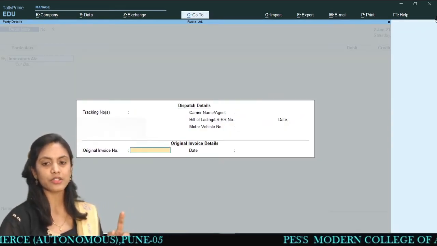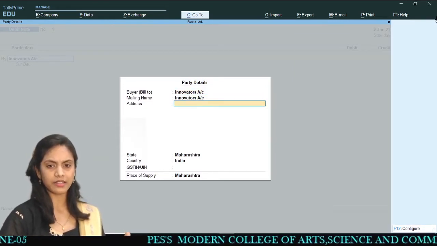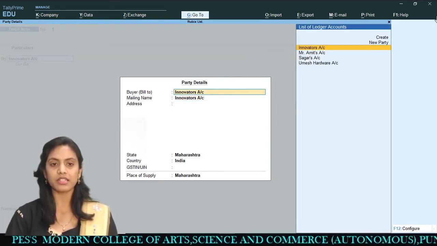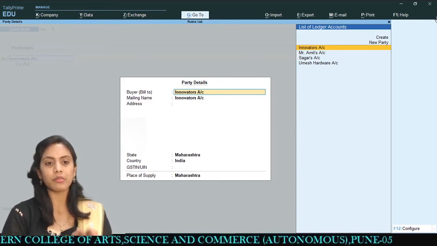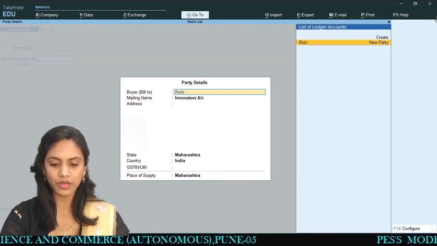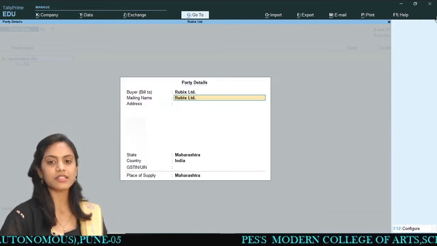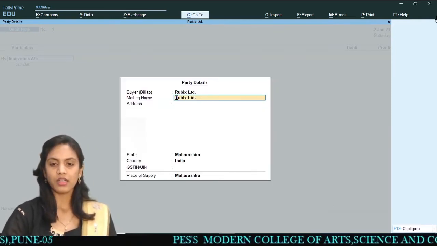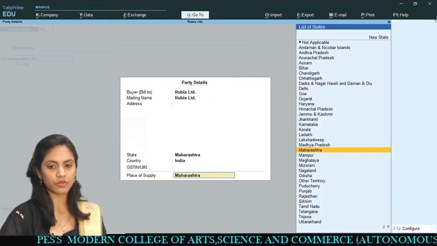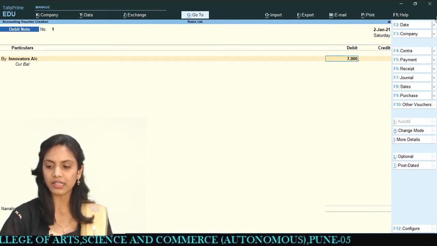If you want to give these details, you can give this. Okay, and here Innovators account party details are there. No, here not a buyer account. The buyer, that is Rubik's Limited. We are the buyers, right? So we have to create over here Rubik's Limited. Okay, this is the new party, meaning we are the buyer. Okay, party details, Innovators account we have debited. Of course, these details we are putting in, and the amount is rupees 7,000, something we are returning as goods.